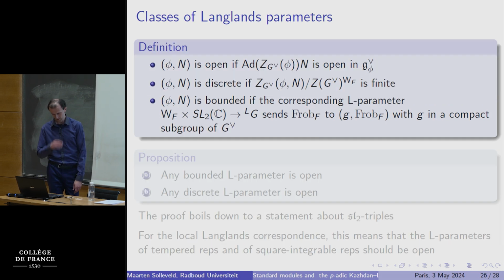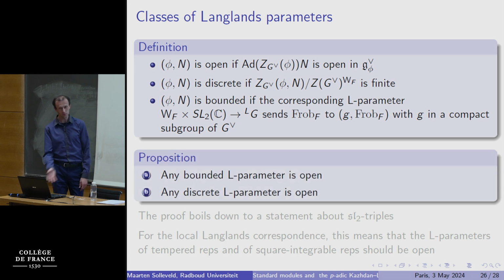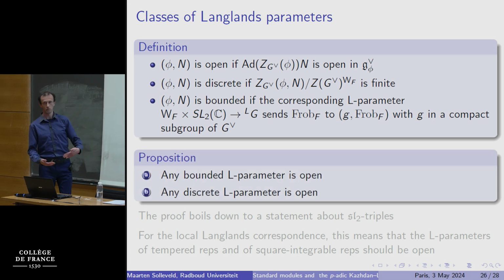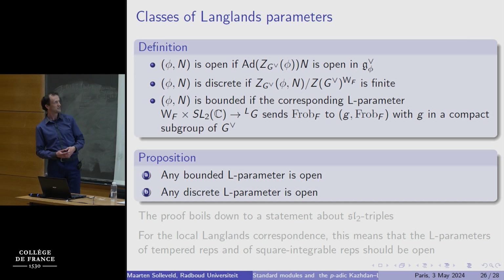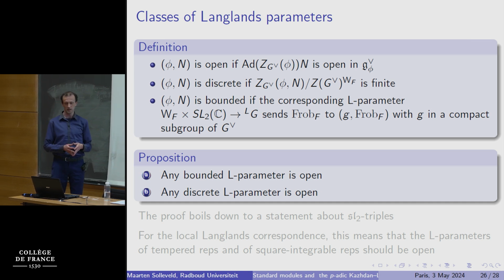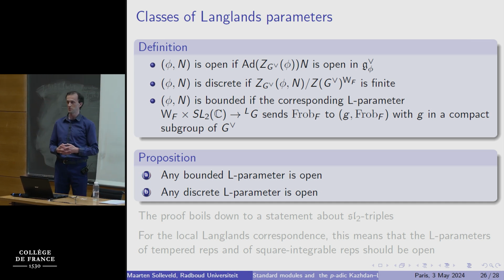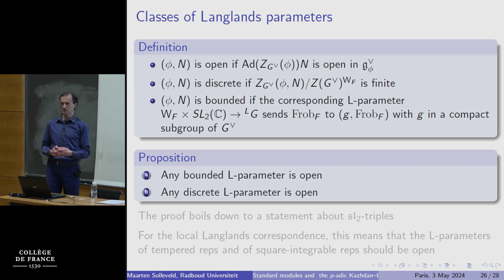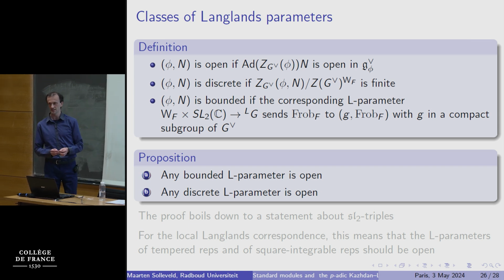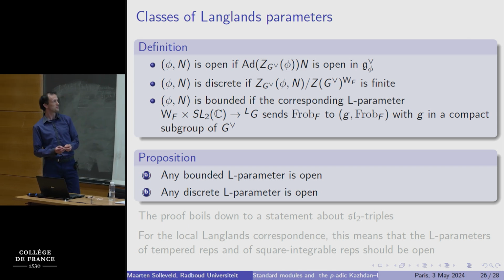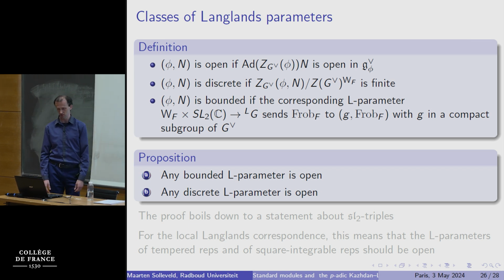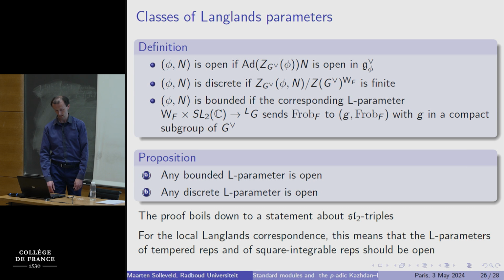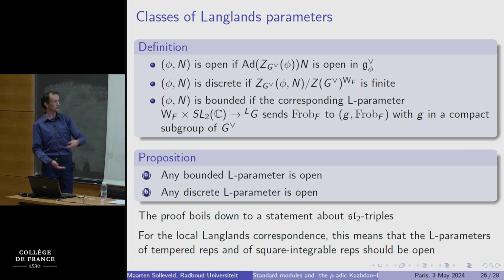And so for these open parameters, one can prove just by Lie theory, root systems, and looking at semi-simple complex Lie algebras, that a Langlands parameter which is bounded in the traditional sense is always an open parameter. You can also prove that a Langlands parameter which is discrete in the traditional sense is always an open parameter. And that's just playing around with root systems and Lie algebras. It doesn't achieve much, but it tells you already something,